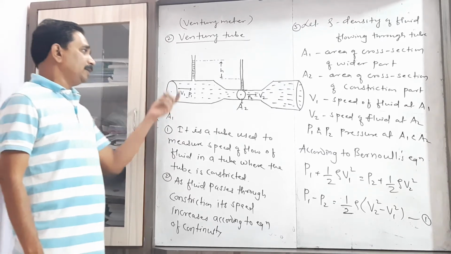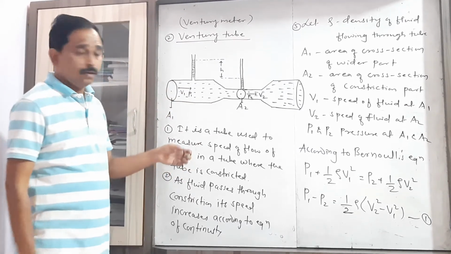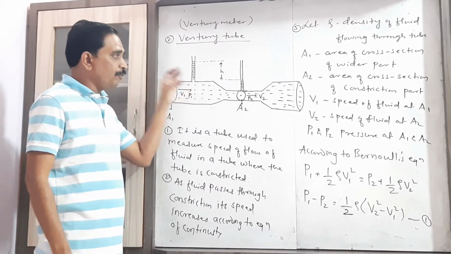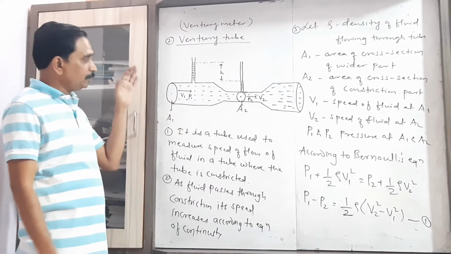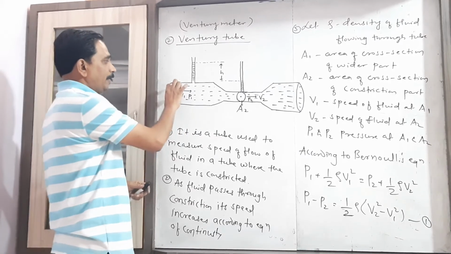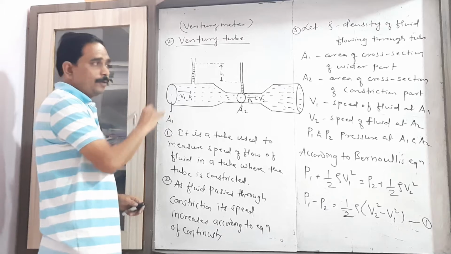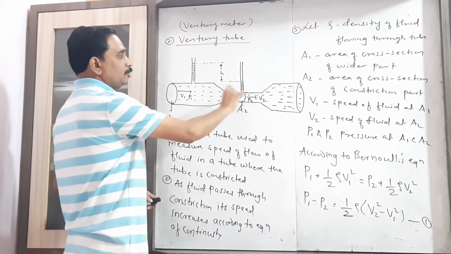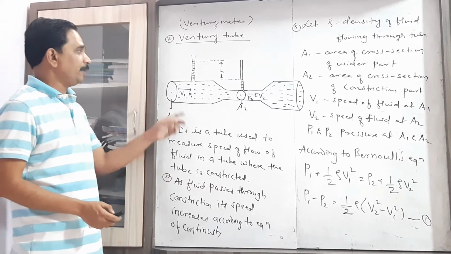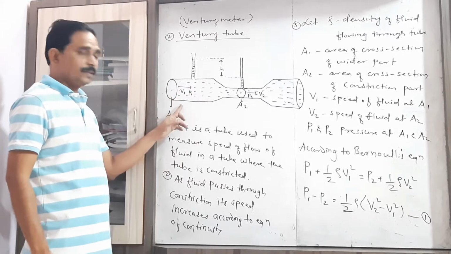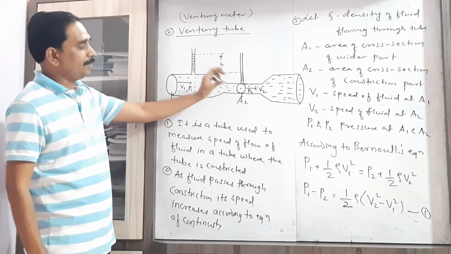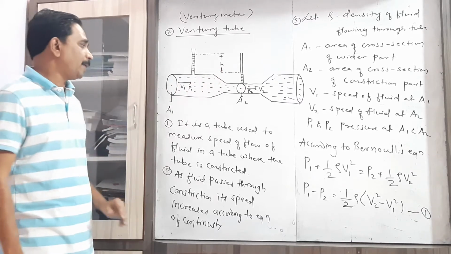Now here this is a tube through which again certain fluid, that is the liquid, flows. We have to consider 2 parts of that tube. The first one where the tube has a greater area of cross section, and the second where the tube has a smaller area of cross section. The first one is a wider part and the second one is a narrower part, which is called the constricted part.